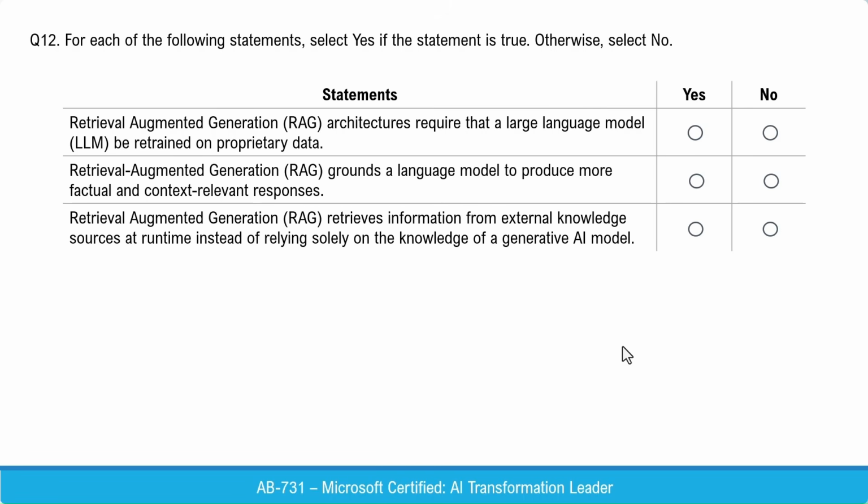And the correct answers are no for statement 1 and yes for statements 2 and 3. Let's understand why. Statement 1 says RAG architectures require that a large language model be retrained on proprietary data. This is incorrect. RAG does not require retraining the model on proprietary data. Instead, it uses a retrieval mechanism to fetch relevant information at runtime and provide it as the context to the